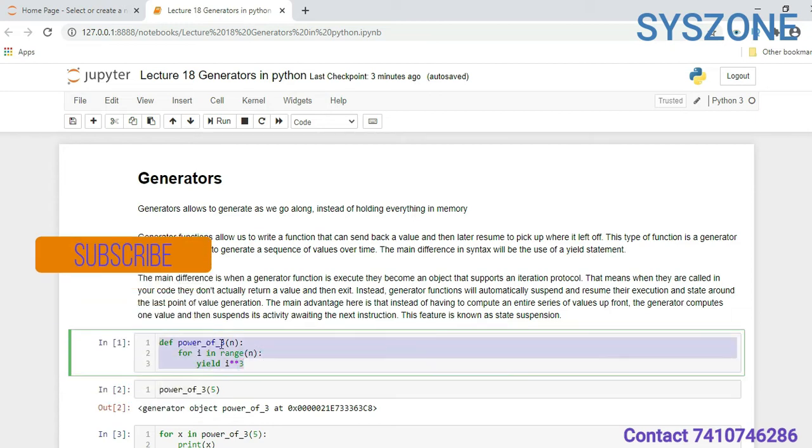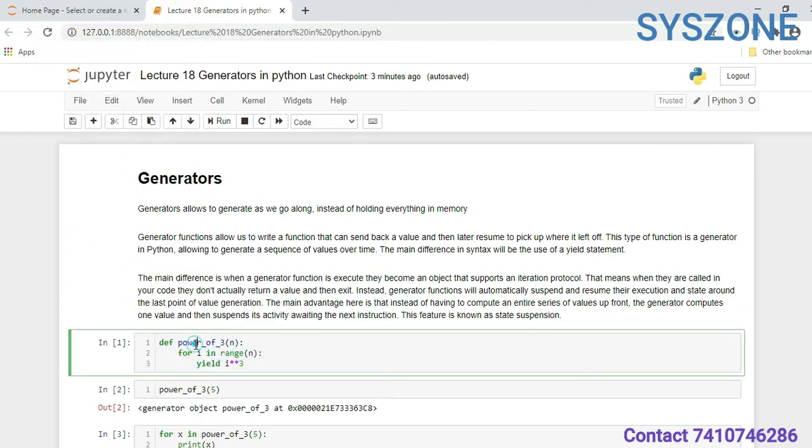Here, if you see, I have created one function, power_of_3, with parameter n. Inside it we have a for loop, for i in range. Whatever the value of n is, it will loop that many times, and here we are using a yield keyword. It will take the cube of the value of i.